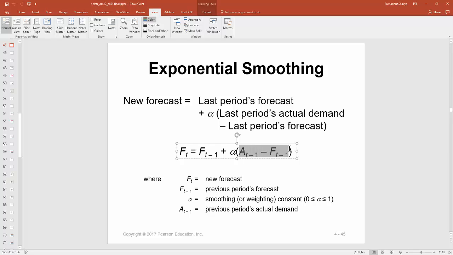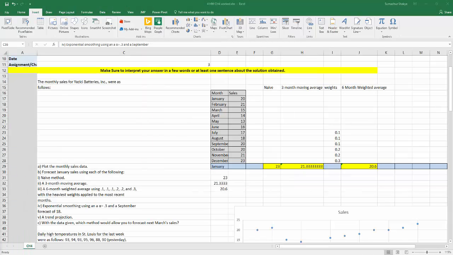If this error happens to be small and we were somewhat satisfied with the previous period's forecast, then we'll make small adjustments, so it will be closer to 0. And once you do that, you get a correction term, you add that to the previous forecast, and that is how you get the forecast of this year. Okay, so let's come back here